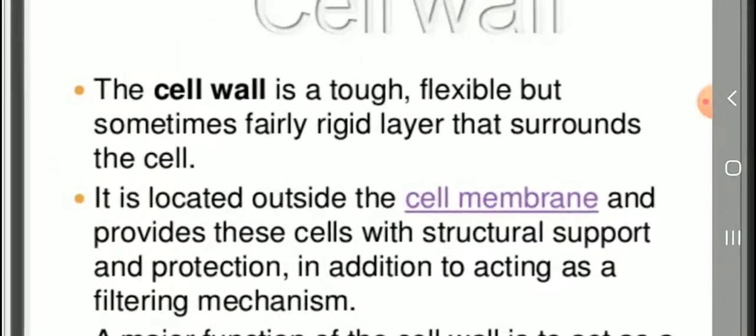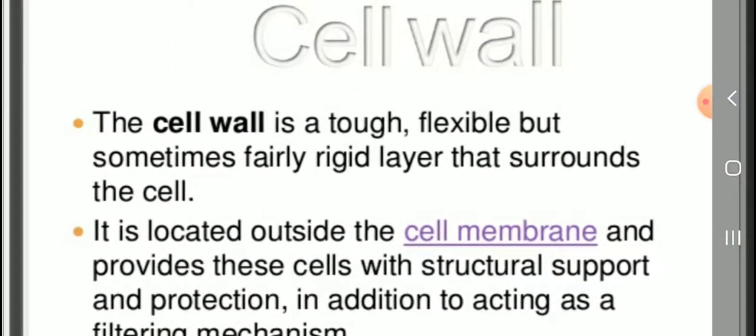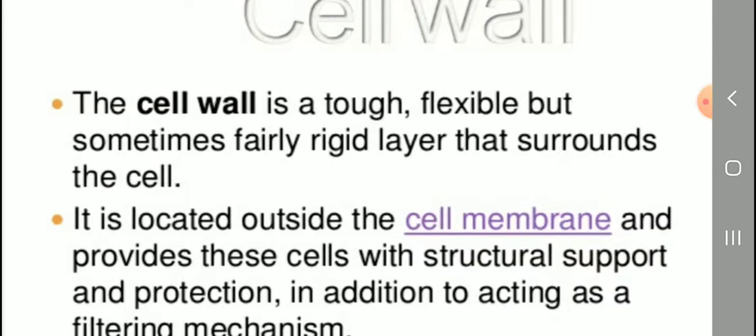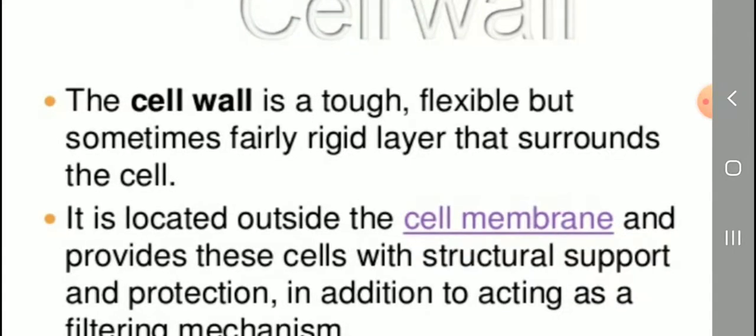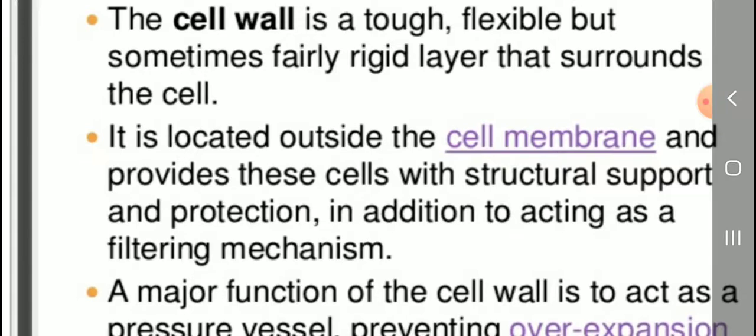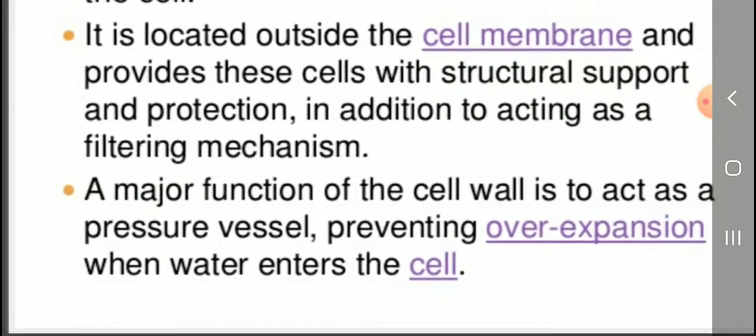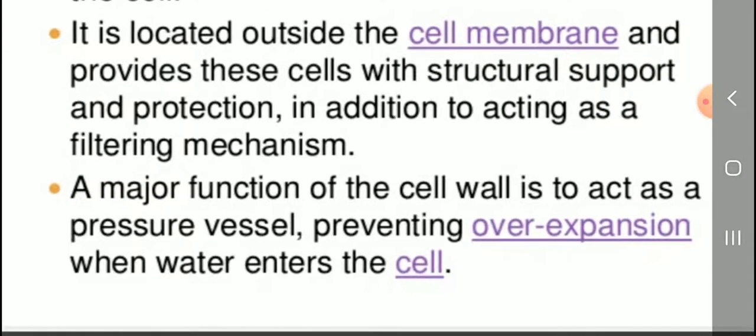Okay, listen, students. Cell wall. Now I explain the cell wall. What is the cell wall? The cell is covered by the wall. That is the cell wall. The cell wall is a tough, flexible, but sometimes fairly rigid layer that surrounds the cell. That is a cell. Then cell membrane. The cell wall is located outside the cell membrane and provides the cells structural support and protection,